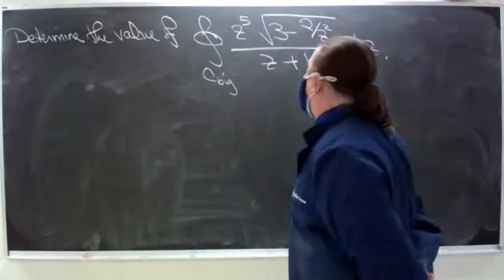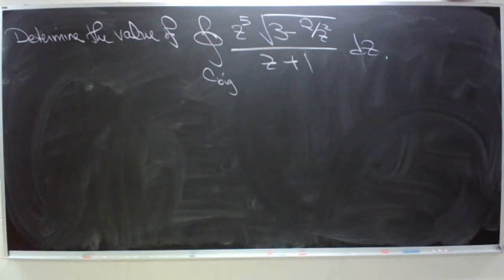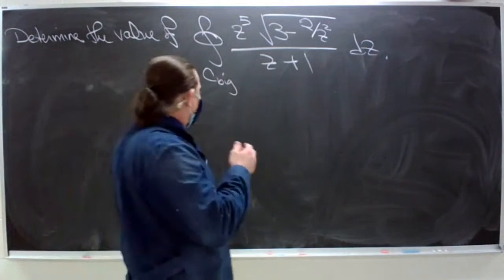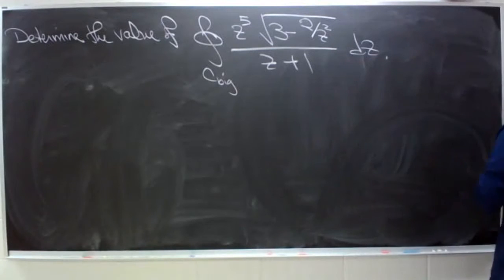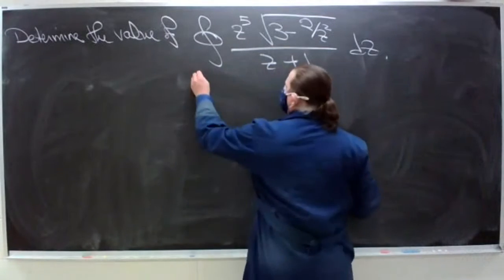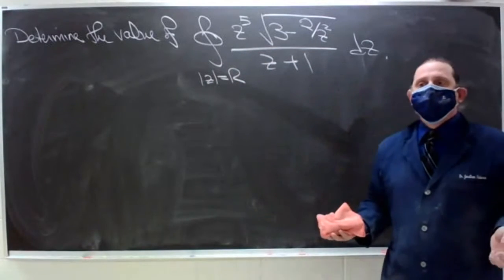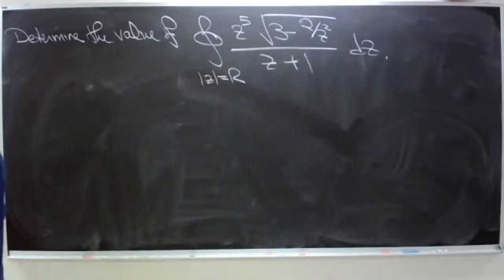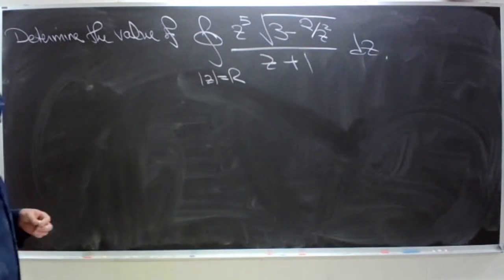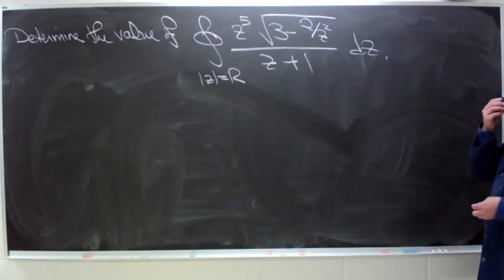So suppose that we're asked to determine the value of this loop integral. All right? Where C big just means modulus z equals R, where R is larger than the modulus of any of the singular points associated with the integrand. All right? So,